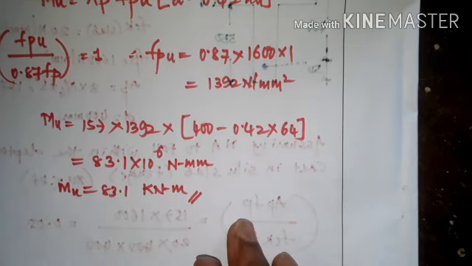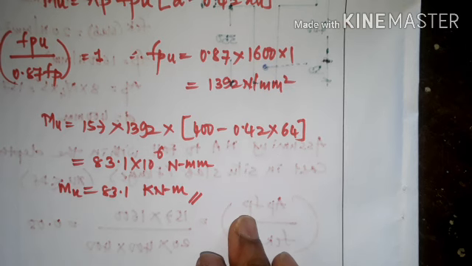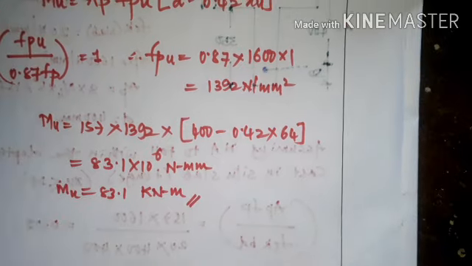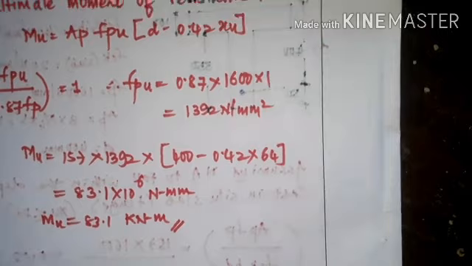Okay, so it was a composite section made up of different characteristic strengths of concrete. The rib was different and the slab was different. For the rib it was given 40 Newton per mm square, and for the slab it was given 20 Newton per mm square. So according to that, it is important to understand while calculating the depth of neutral axis, at that time you have to use the proper strength of concrete, that is the value of FCK based on your assumption. Okay, understood.